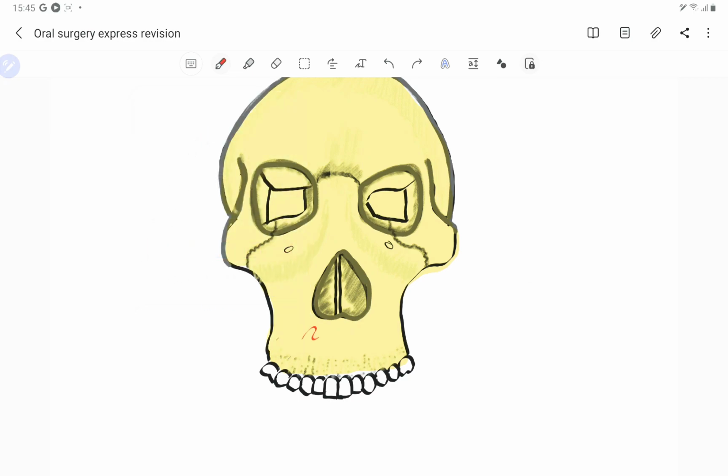So take this one only. So the nasomaxillary buttress starts from the maxillary alveolar process of the maxillary canine, goes lateral to the pyriform aperture, goes down the frontal process of the maxilla and goes up till the frontal bone.